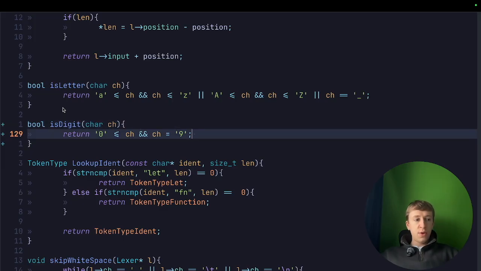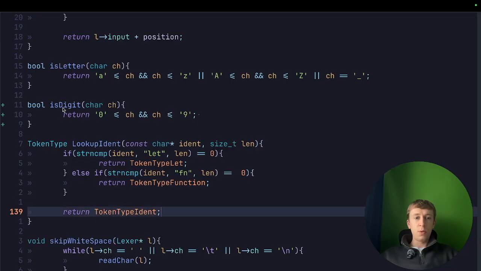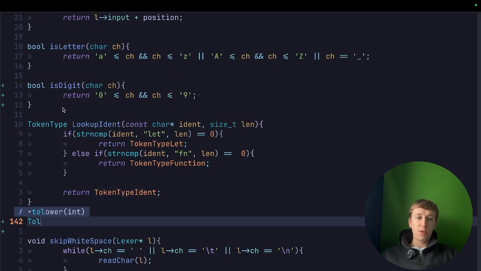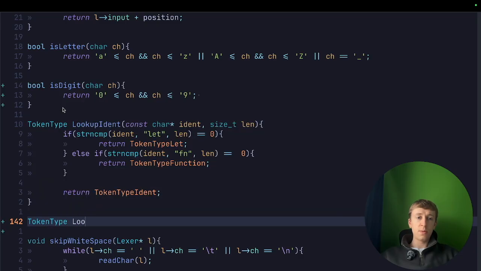Right, so I think that's right. It says, okay, of course. We got to do, is that right? I think it is. Yes, it is right. Okay, so that is our first helper function done. So what we need to do now is go below here and add in, we're going to return, it's going to be almost identical. I don't think there's going to be much difference. So let's see, we're going to do token type, lookup